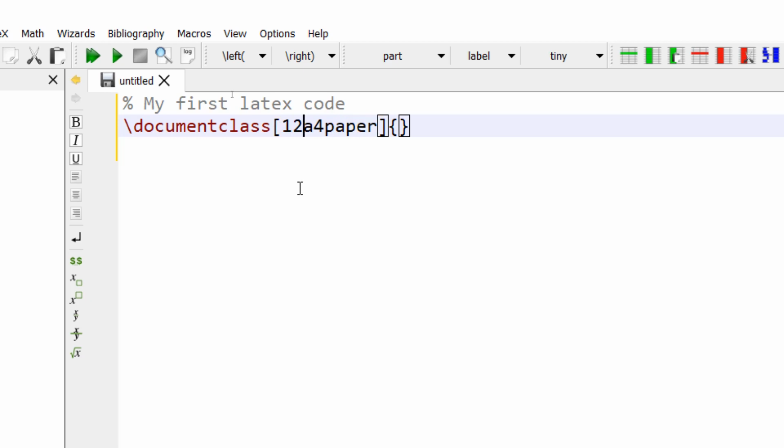The font size is to be specified in terms of points, 12 point. So what does this entire statement or the words in a pair of square brackets mean? It means to the entire document, any text that it gets typeset, it will be typeset using 12 point font, and the page will be A4 paper.